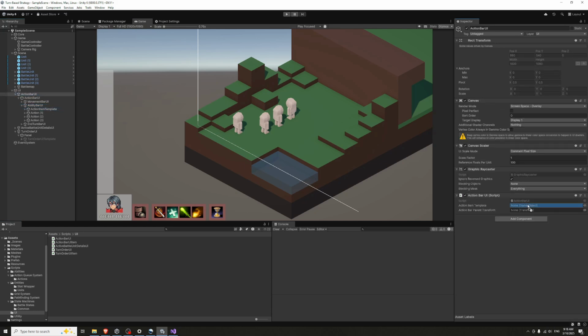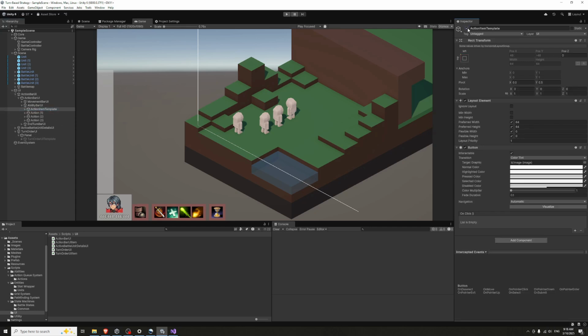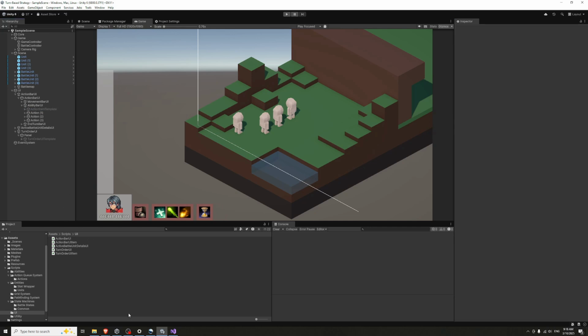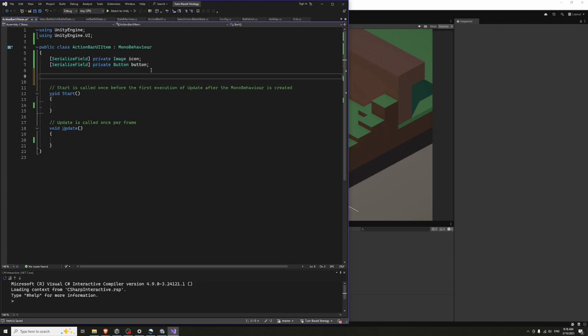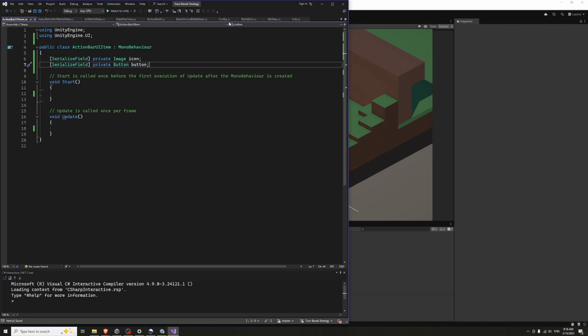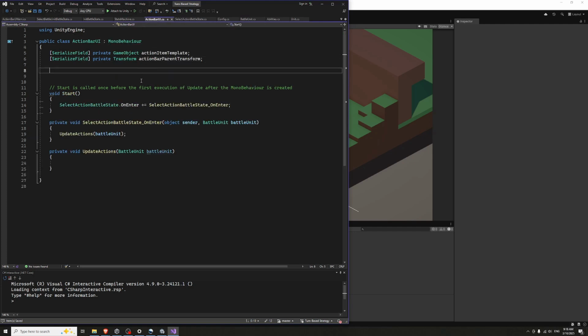Action bar item template, and the parent is going to be the ability bar UI. That's going to be inactive. And then there'll be a link to an action bar UI item,